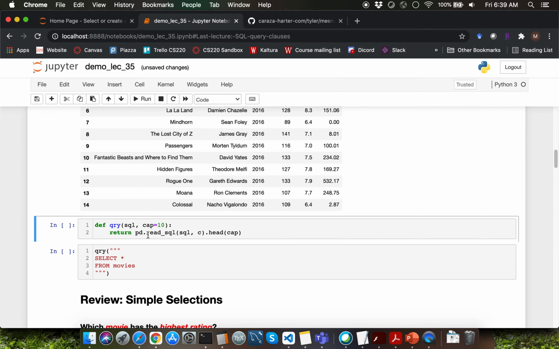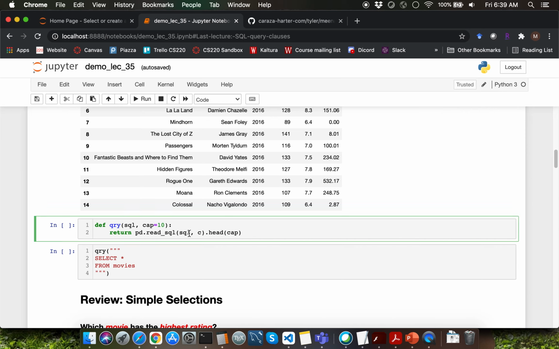I'm going to invoke the read_sql function by specifying the SQL argument, which we get as an argument to the QRY function, as the first argument. My second argument is going to be the variable C. Then I'm invoking the head function on the returned data frame, where I mention the argument that we receive for the parameter cap here.